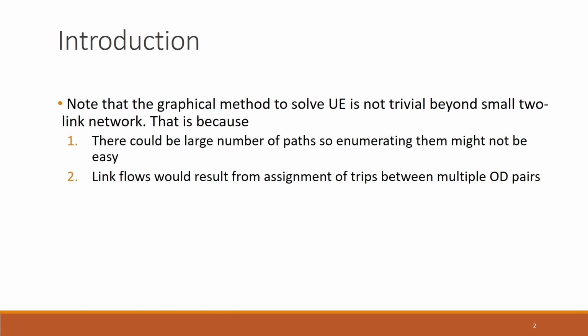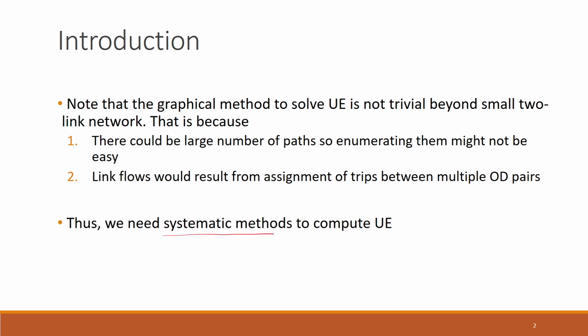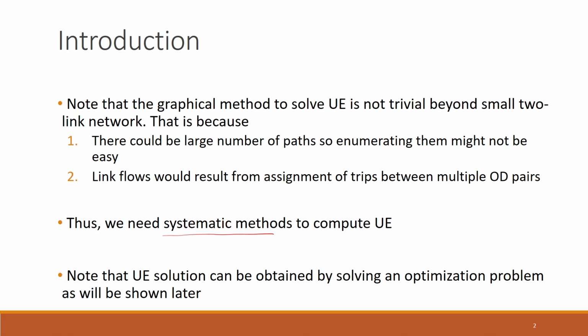There might be many overlapping paths between different origin destination pairs and so on. Therefore, we need systematic methods to determine user equilibrium when the problem is complex. So, fortunately, the user equilibrium problem can be formulated as an optimization problem. We will be seeing that sometime later, but before that we will go through some of the important